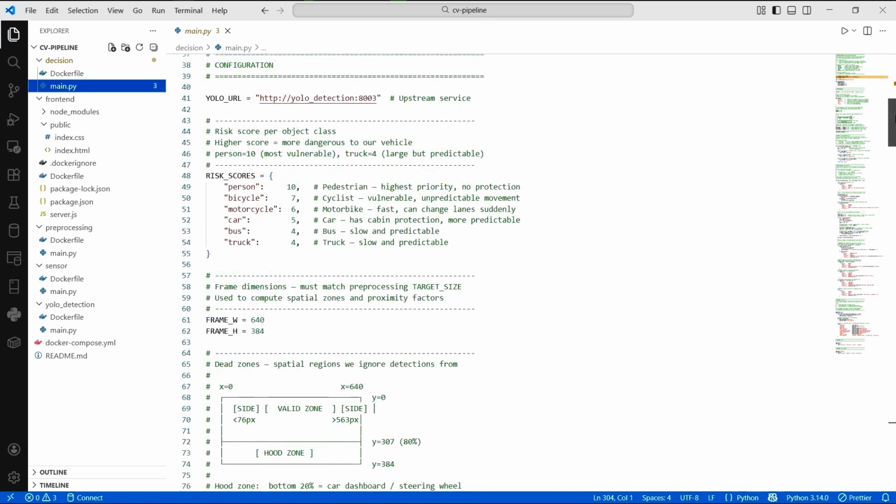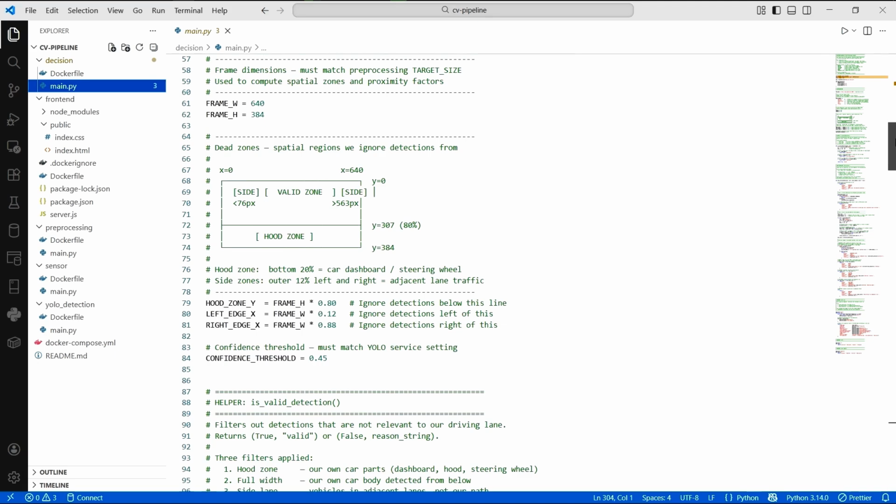A lookup table of base risks per object class. Person scores 10, truck scores 4. Person is the highest because pedestrians are most vulnerable: no cabin, no protection. Truck is the lowest because it's slow and predictable.